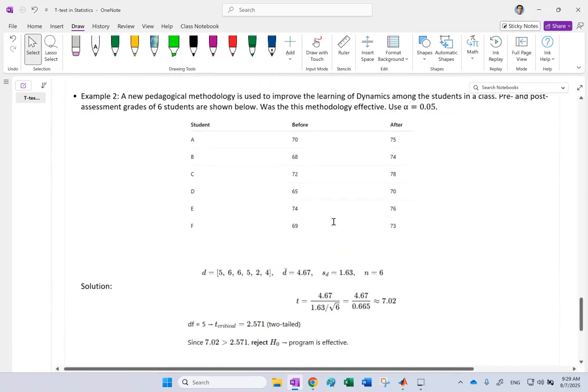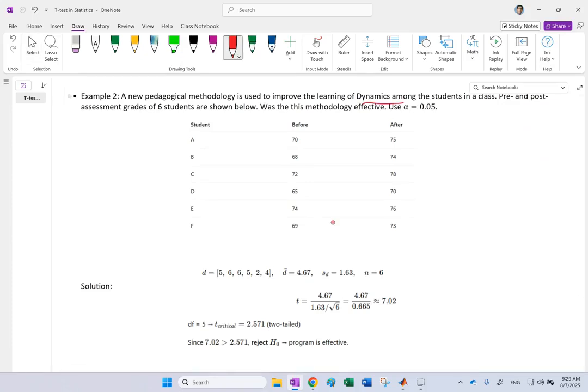So as the last example here, let's say in my dynamics class, to improve my students' grade, I introduced a new pedagogical methodology, and the grades of 6 students in that class that I had, these are their pre and post grades out of 100. I want to know whether this methodology that I used in the class was effective if I use 5% alpha. So the first thing you do, you start subtracting them. So you get the D vector, and here you basically get one of these data and then minus these before ones,